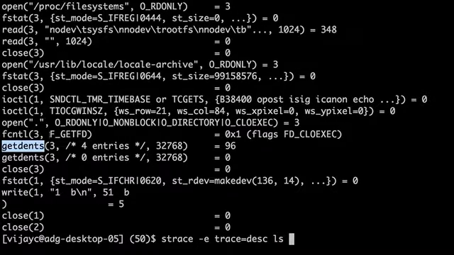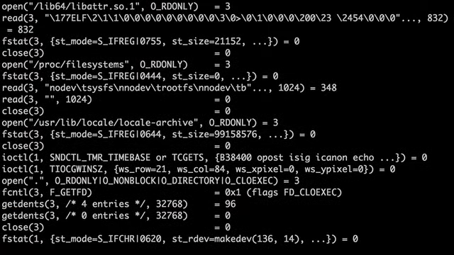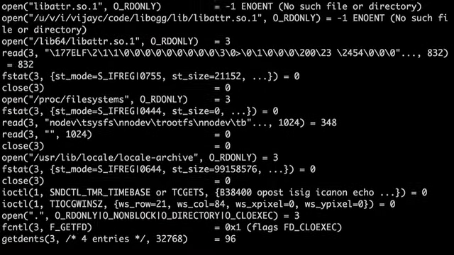So this is basically getting the D entry, okay, which basically means you're reading your directory. Every entry in your directory is called a D entry. So we have a system call for looking for that stuff. Stat you already know, read you already know.